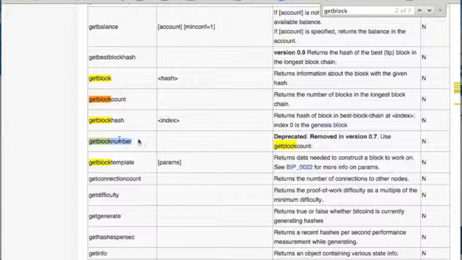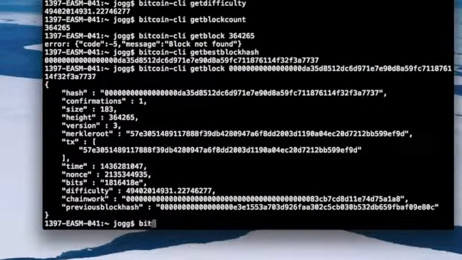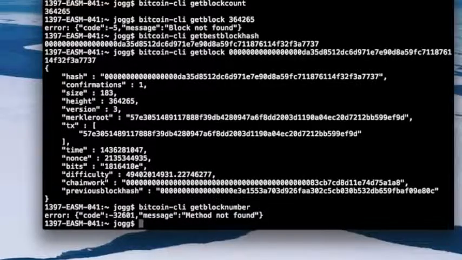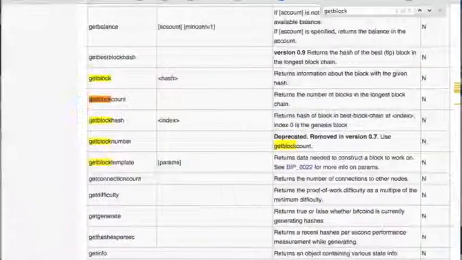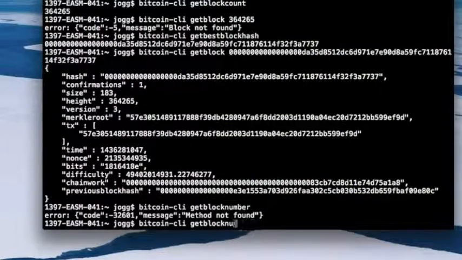No, getblocknumber will just give me the total amount. Bitcoin CLI getblocknumber. Oh, it's deprecated. It's deprecated and removed in version 0.7, so it no longer works. So Bitcoin get